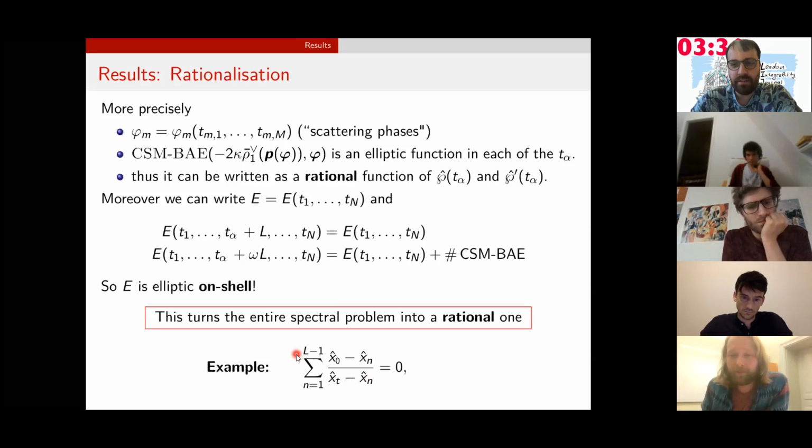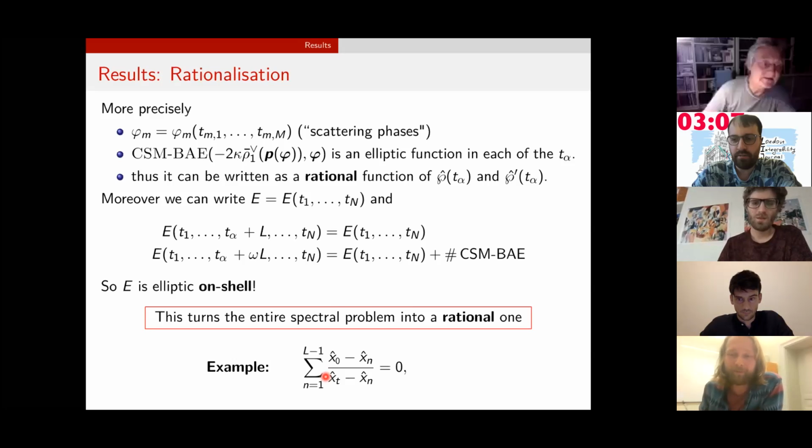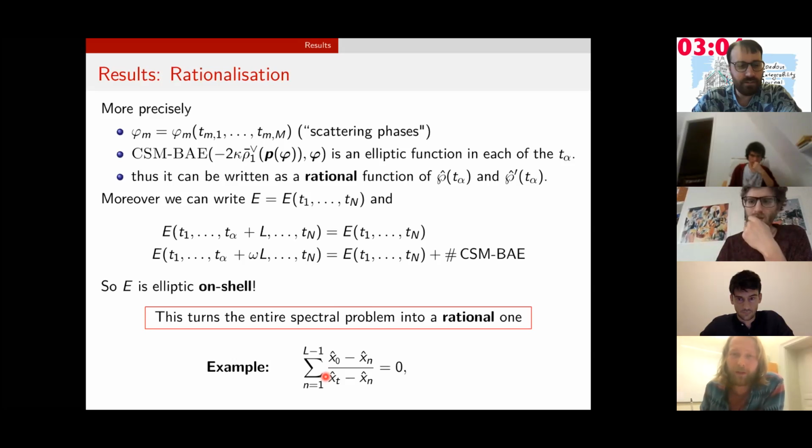But the question, what is then the procedure of finding the spectrum? What one should do? To solve for the spectrum, you solve this equation for x of t. Yeah, but that's for two particles, right? Yes. And for more particles? For more particles, this will look a lot more complicated because you have more different types of x's, and you will get coupled sets of equations. I don't have them on the slides, but they're a lot more complicated. Sorry, Volodya. We don't have the rational form of them in general, because that is actually a very hard question to ask. In transcendental form, they're not that hard to write down, but it would still require a lot of notation.